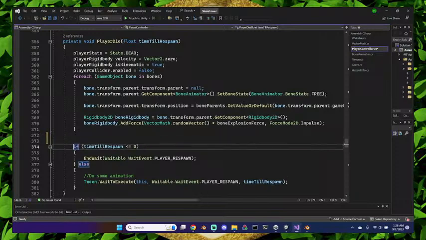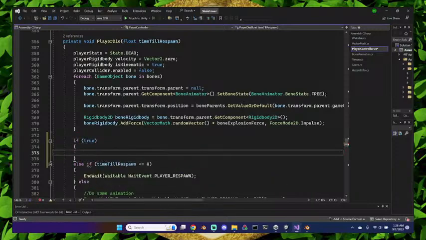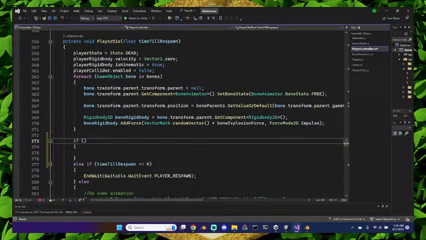Else if, so I'm going to make an if statement here. If true, then you're going to fully respawn. So I want this to be if other player